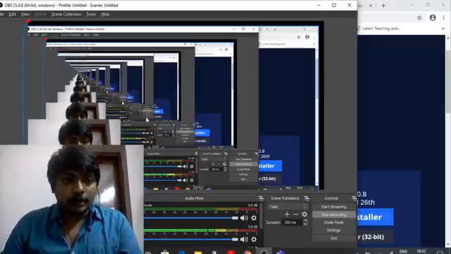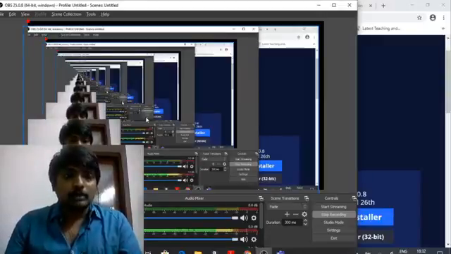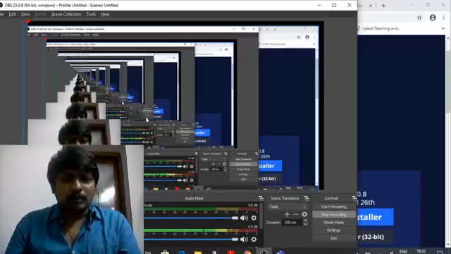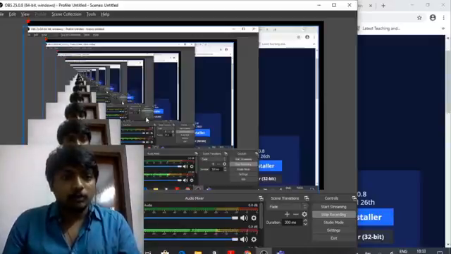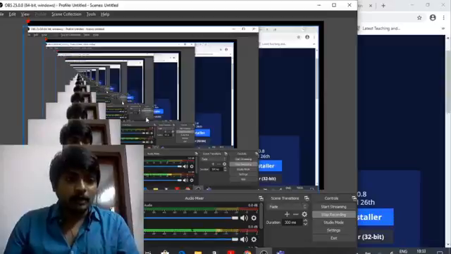And to compress the recorded video which we have made, we can use a software known as Handbrake. Again, it is open source and totally user friendly.